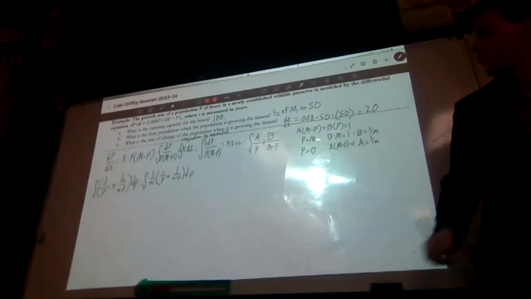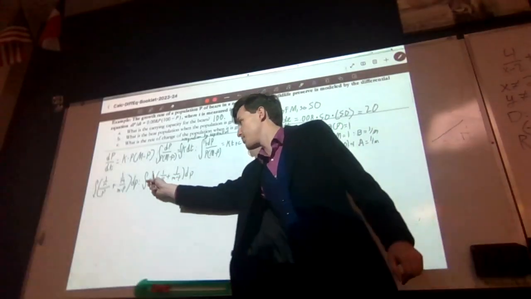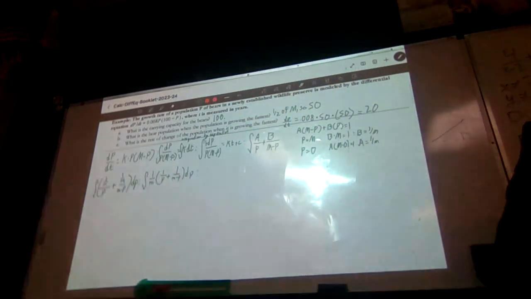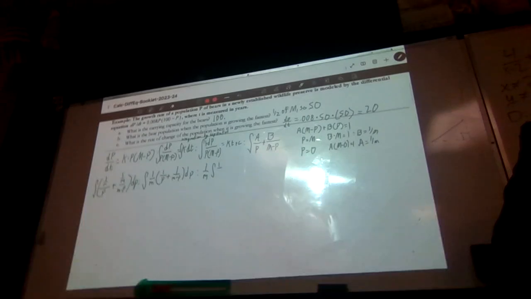If 1 over m is a number, I can take it from the inside and put it on the outside. And I get 1 over m times the integral of 1 over p plus 1 over m minus p